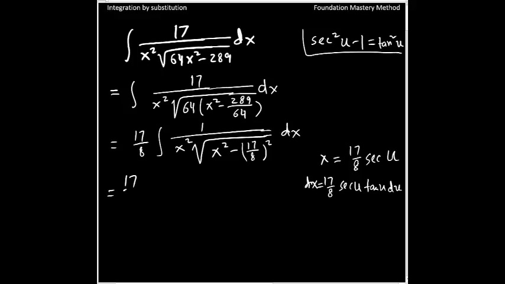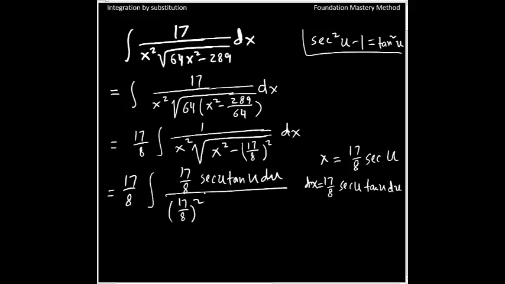So we have 17 over 8 integral, dx replaced by 17 over 8 secant u tangent u du, all over my x, which will be 17 over 8 squared, and then I get secant squared u, square root of